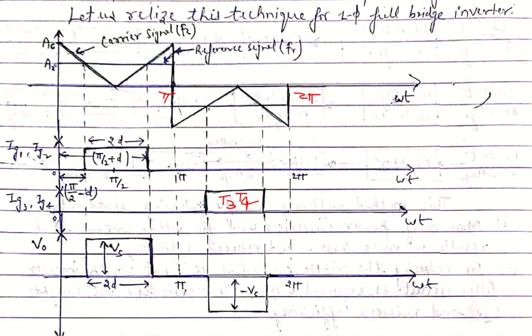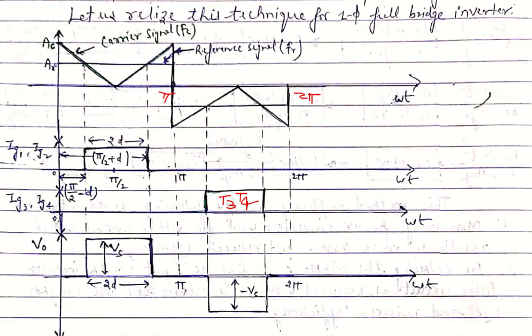How are pulses generated? In the positive half cycle, AC is greater than AR, so pulses for T1 and T2 are generated by the comparator, and in the negative half cycle, AC is less than AR, so pulses for the rest of the thyristor switches, T3 and T4, are generated. So what we assume is that when the pulses are generated, the thyristor switches are conducting, so they will make a path for the current to flow.